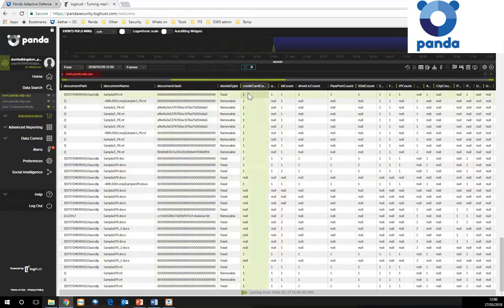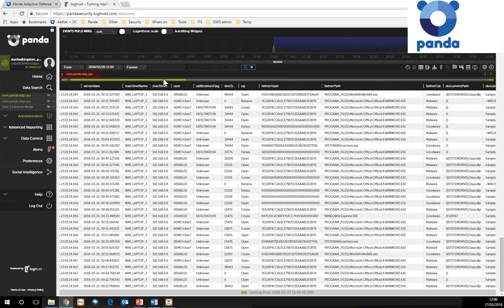We will never display the PII data in the console. We never show those email addresses in here or bank card details, whatever it might be. But what you'll be able to do is, if you know what you're looking for, you'll be able to search for that, and we will show you the results of how many times that information is being identified in the files scanned throughout your file system.